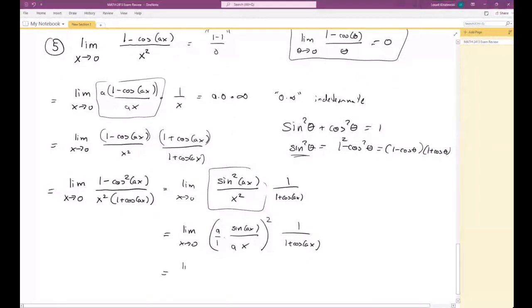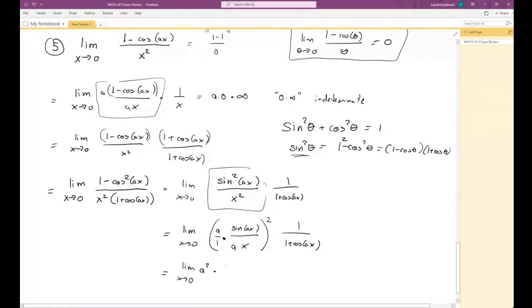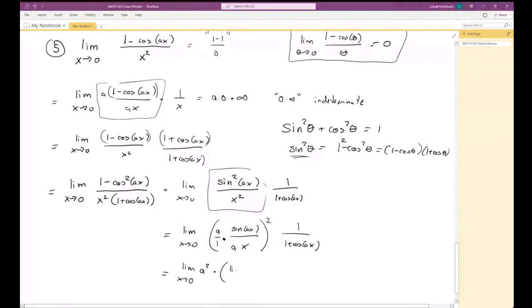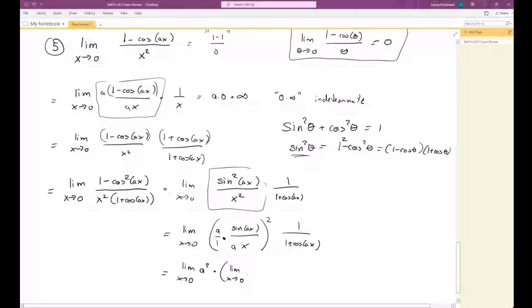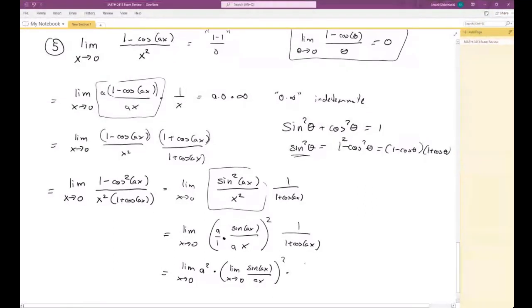Right, so we get the limit of a constant, so a squared times the limit, oh, and x squared is a continuous function, right? So we know we can pull the limit statement inside. That's another limit rule. And then times,